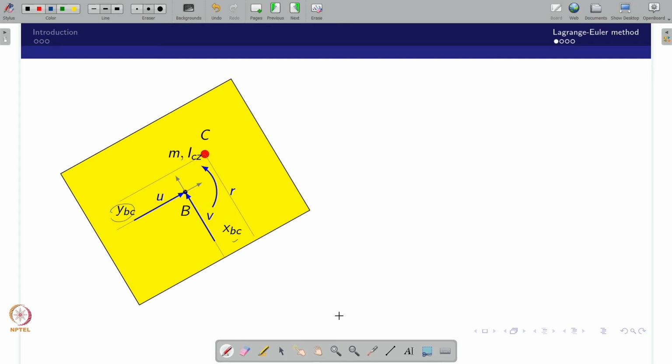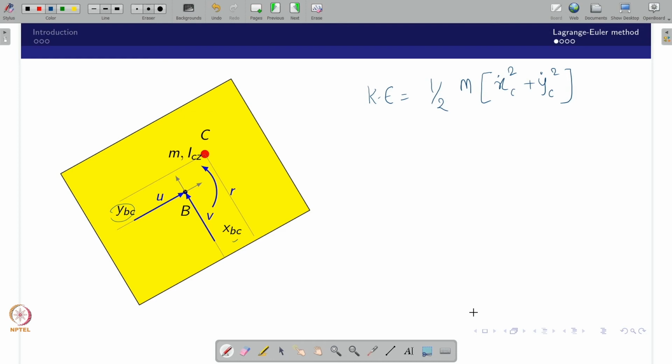Now we are trying to find the kinetic energy. What would be the kinetic energy of the mass? There are two kinetic energies. One is the translational kinetic energy, which is due to the mass. The other is the rotational kinetic energy due to the rotational inertia, which we call the second moment of inertia. So it is supposed to be xc dot squared plus yc dot squared, where xc and yc we need to define, and xc dot and yc dot need to be defined.